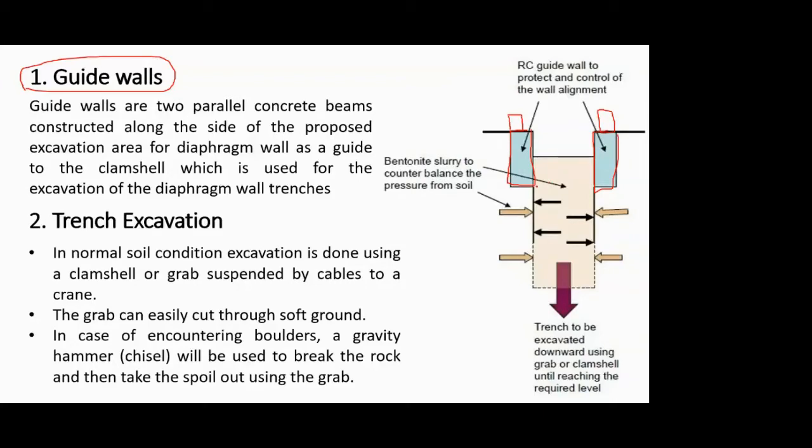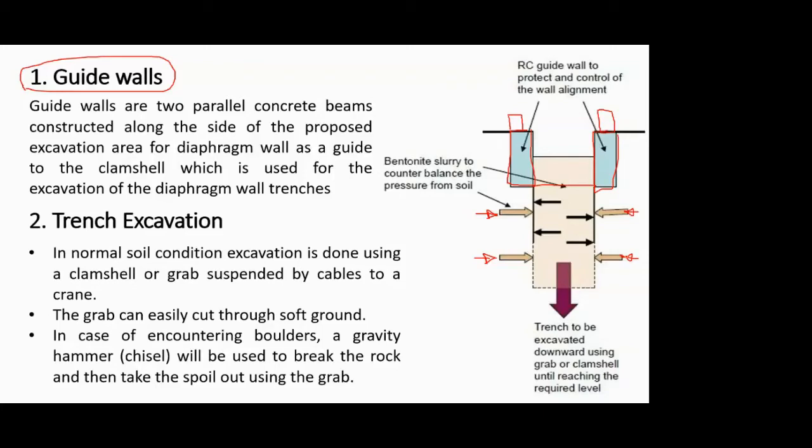So what will happen is initially you excavate this much by the excavator or the clamshell, and then later on you go on excavating using the clamshell, or you have some other techniques of excavating. In that process, when you support this initial depth, the soil will not collapse immediately, and as you go on excavating, you also go on filling the bentonite slurry. So here you see these brown color arrows. This indicates the earth pressure. Again, go back to your geotechnical engineering, recall the retaining wall concept.